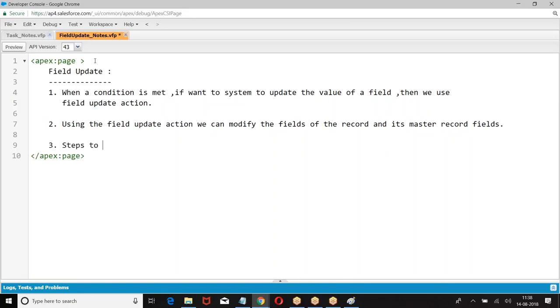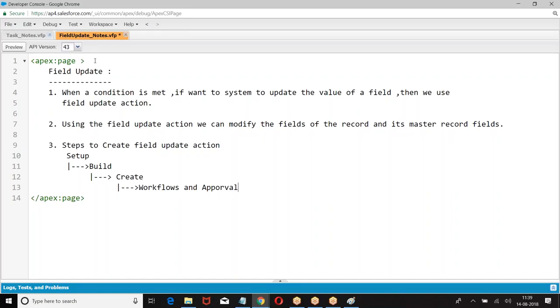Steps to create. How did he create? Setup, build, create, field update.